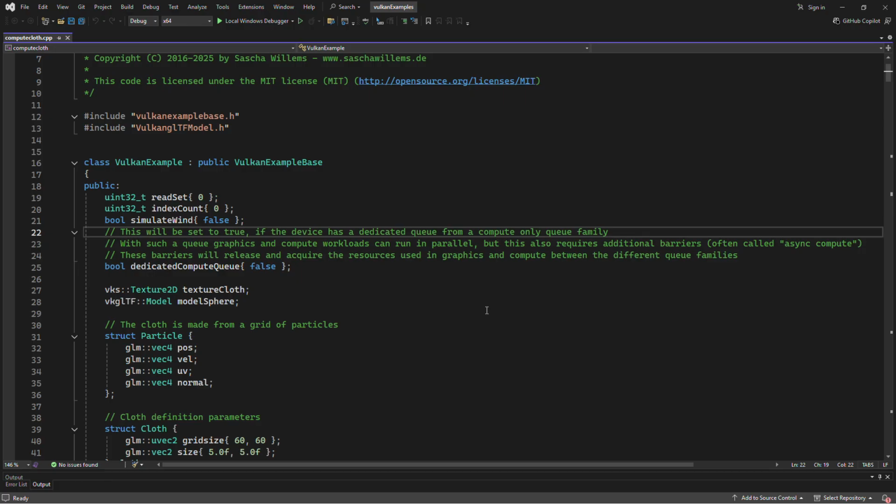These barriers will release and acquire the resources used in graphics and compute between the different queue families. So listen, maybe I switched it up. Maybe the newer hardware has dedicated, but I believe that the newer hardware has a combined compute and graphics on the same queue, right? But just understand that